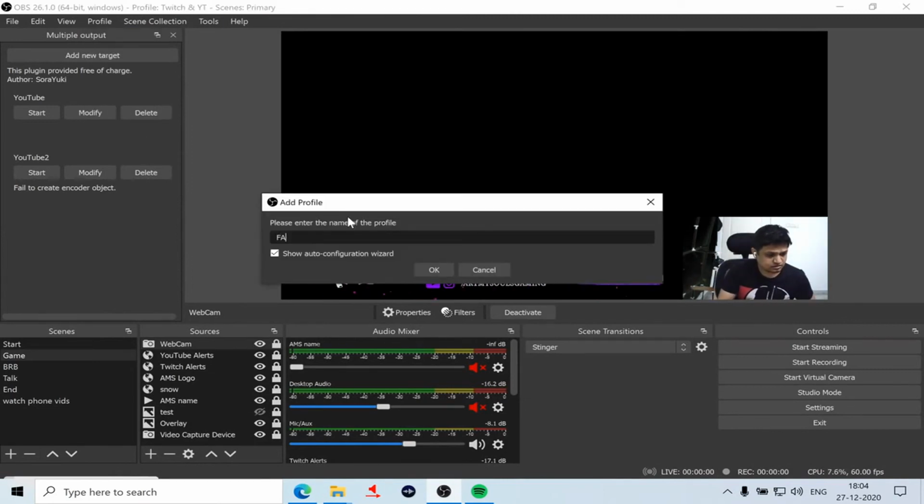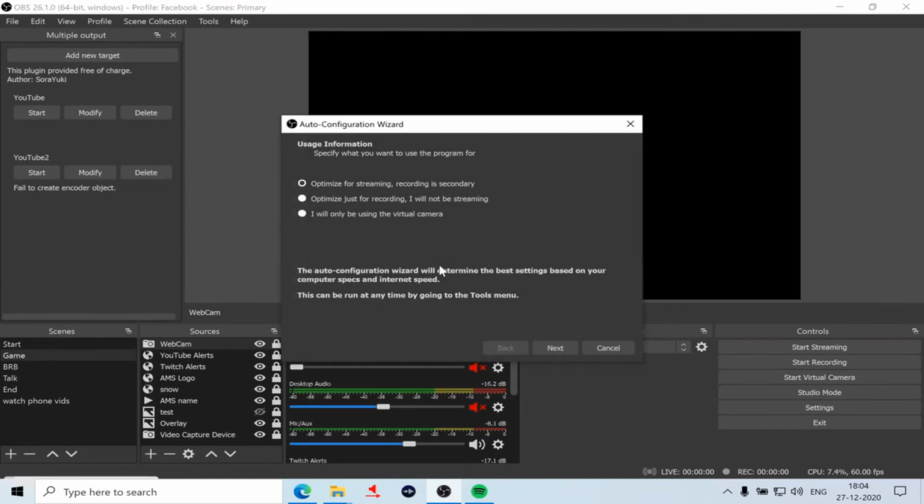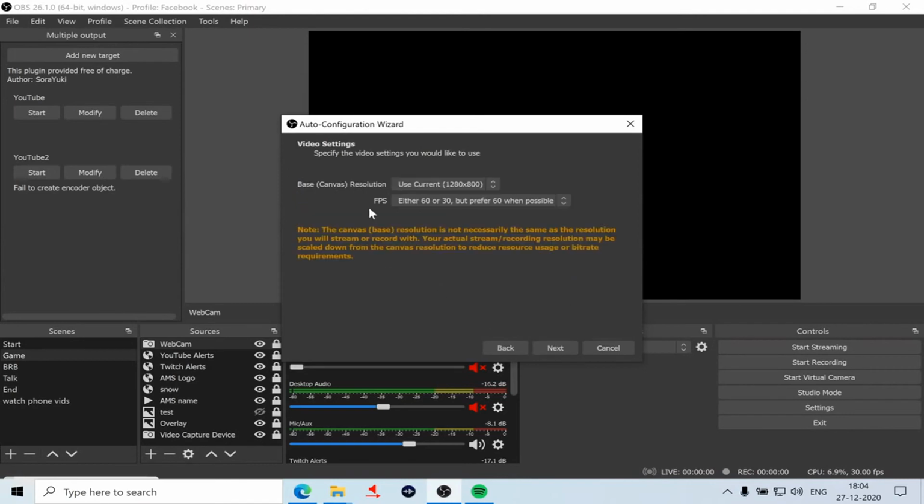Add Facebook, right? It will ask for these options, the same options that you get when you're setting up OBS for the first time. So I want Facebook Live. It will ask for the stream key. I enter the stream key and I'll get it here.